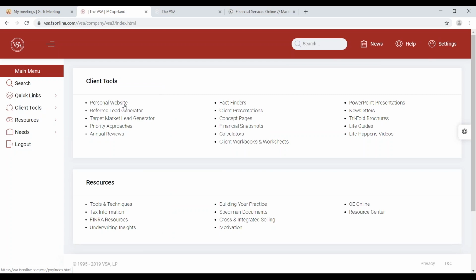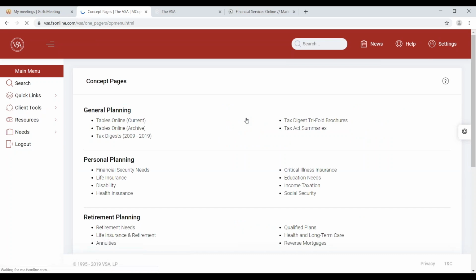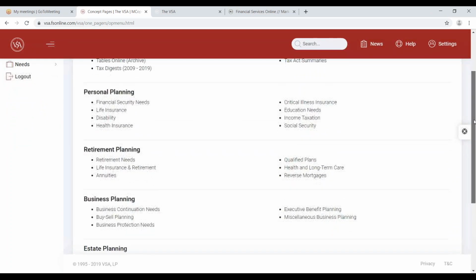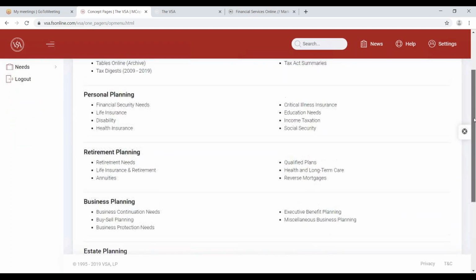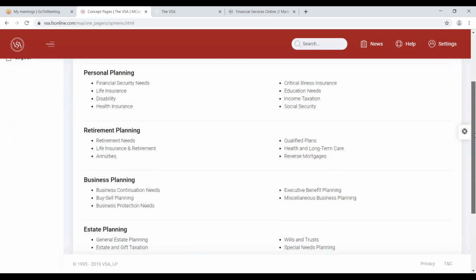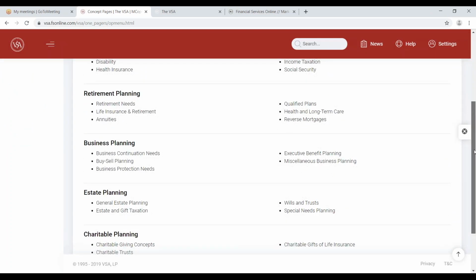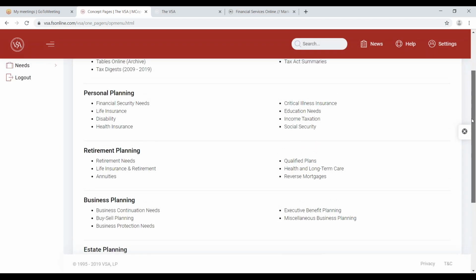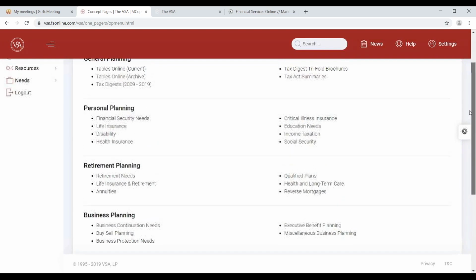That really completes the highlights of concept pages. There is a lot of information in here. Within the VSA, there are over 1,400 pieces of content. A lot of those pieces are going to be found right here in the concept pages. So if you've got a life guide or client presentation that you want to do, there are concept pages that complement those. If you've got an expo that you're going to, maybe it's specific around retirement planning, or maybe it's just general, those are great printouts to hand out, and great direct mail options as